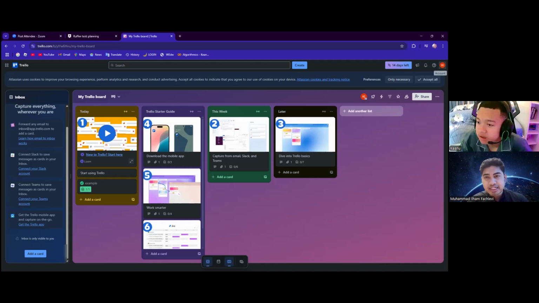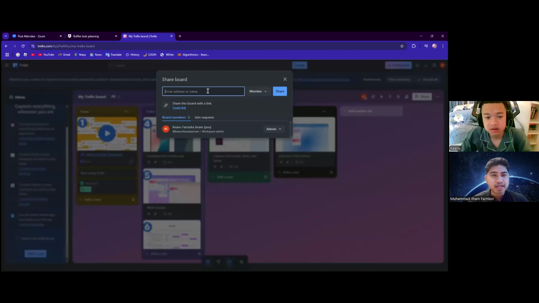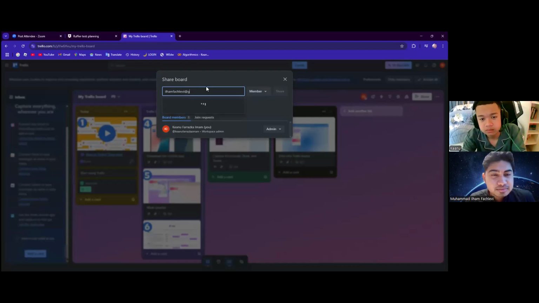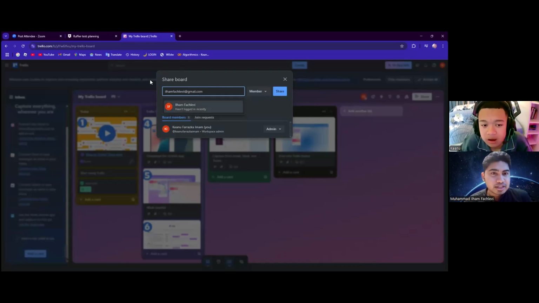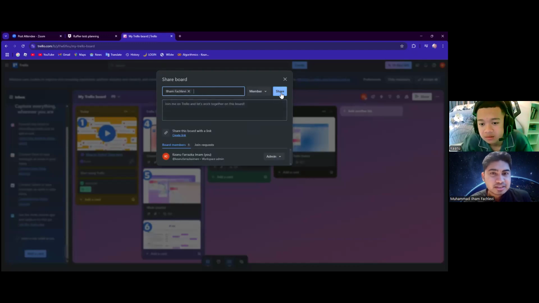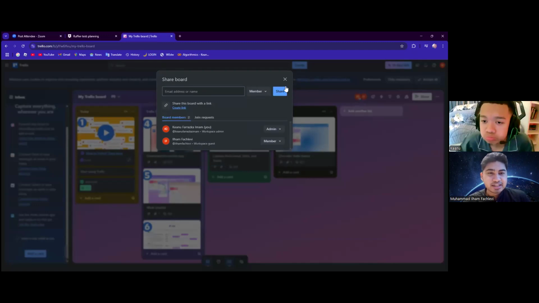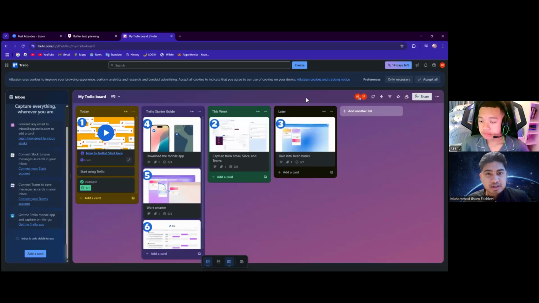The share. Okay. And then type my email. Ilham Palevi at gmail.com. Okay, very good. So this one, as you can see, just share. So basically, I will have the notifications from you, and I can join this Trello board. Okay, so I think that's it for our practical work with this Trello.